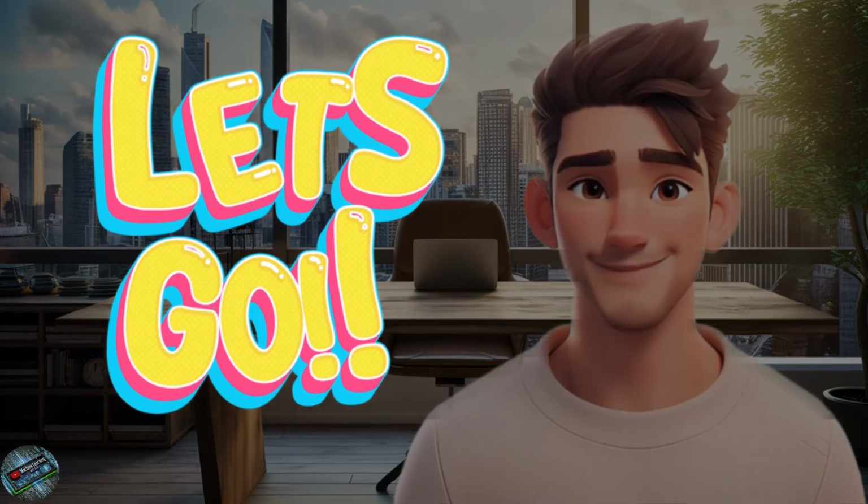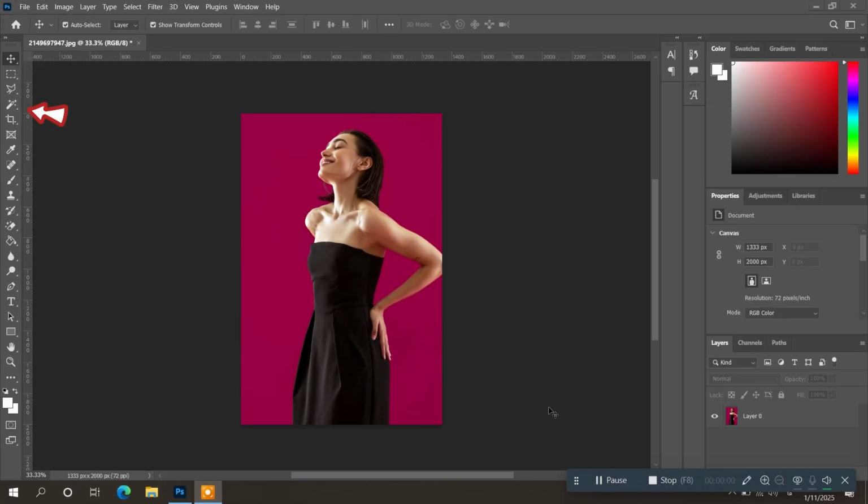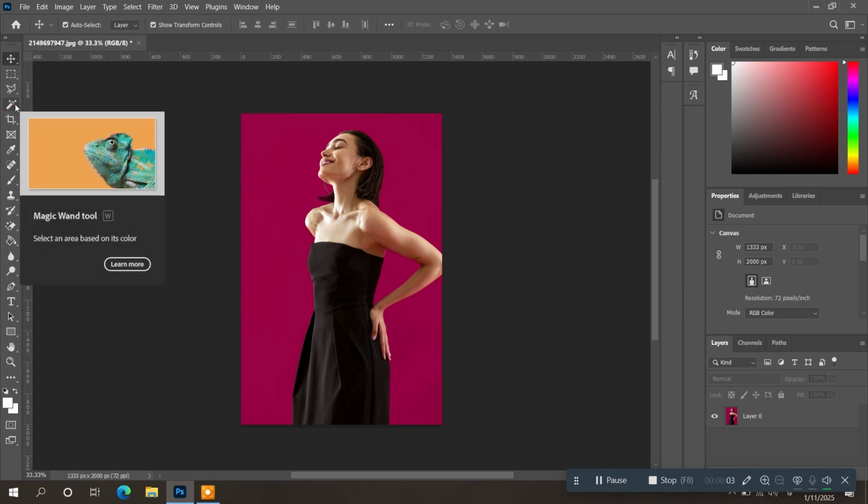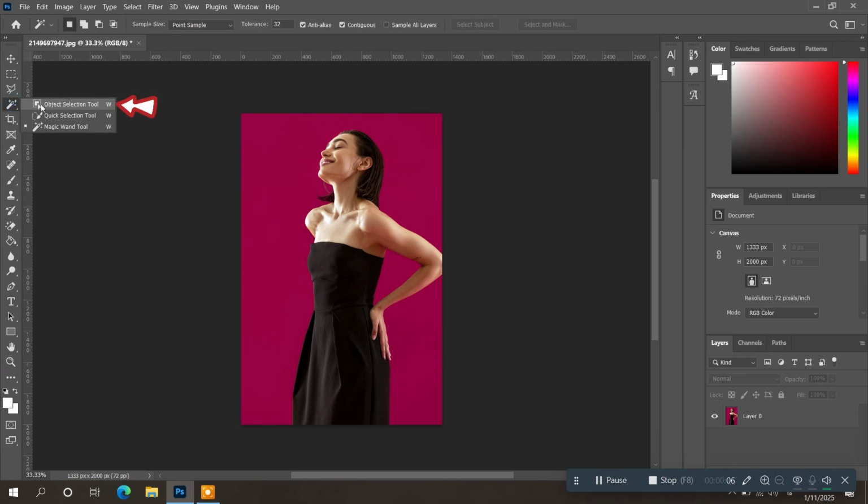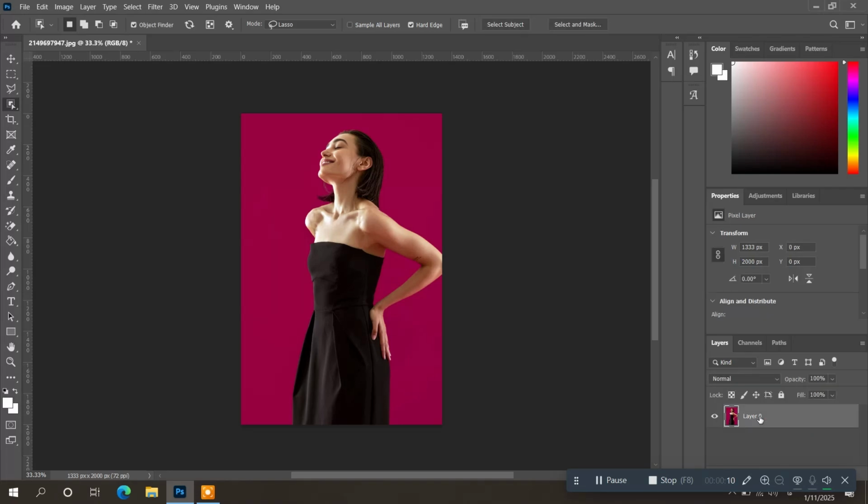Let's go. From the toolbar, select the Object Selection tool. In the Layers panel, select your image layer. Then click on the subject and select the clothing area.